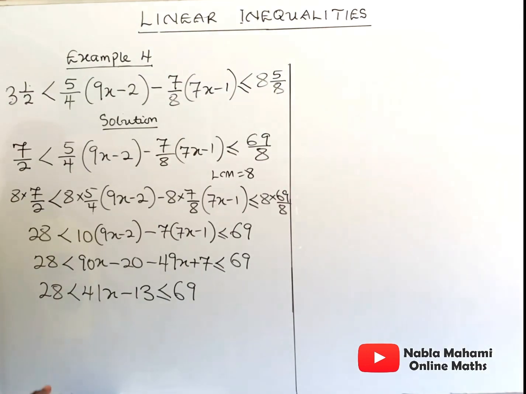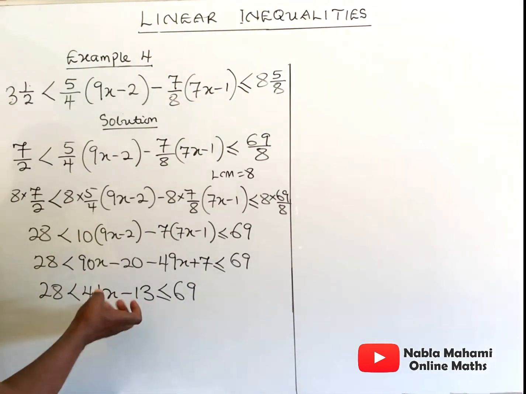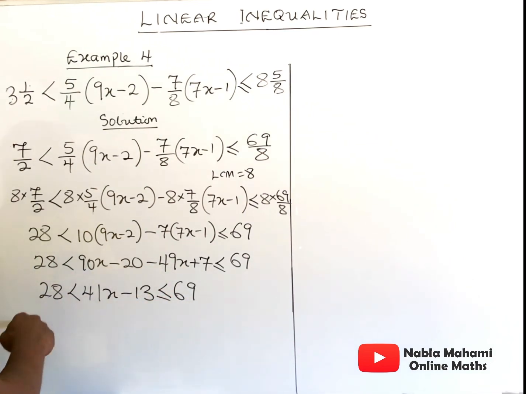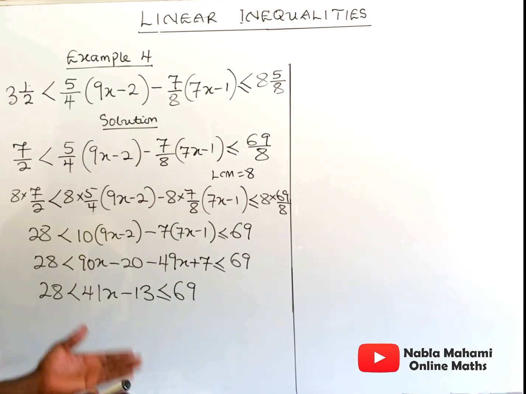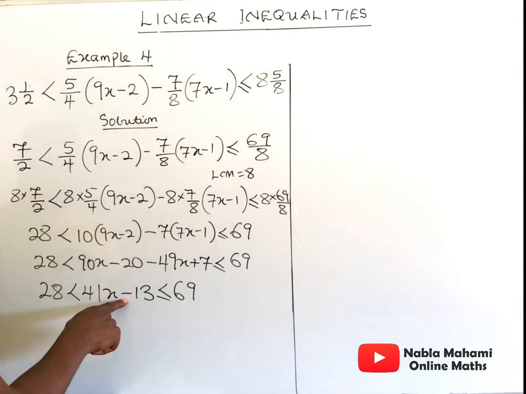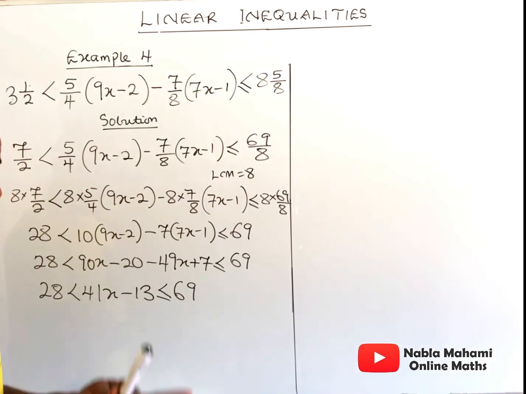Then after this, you see that this minus 13 is a constant. We have to send it to the right and send it to the left and leave 41x in the middle because we are going to solve for x. And you know that this one is negative. When it crosses this inequality sign, it will become positive. So here I will now have